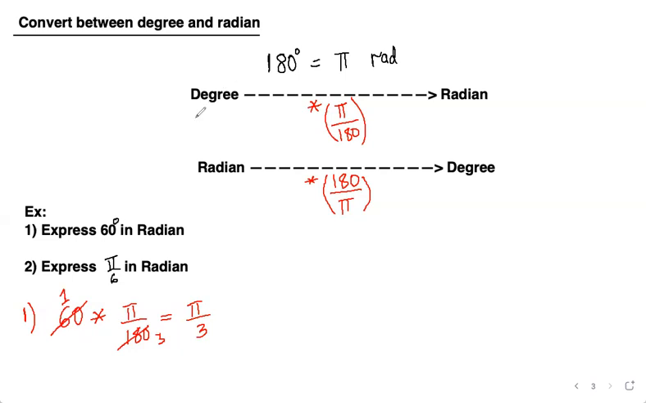So the 60 is in degree. We have to convert it to radian. This means we have to multiply by pi over 180. Yes, in degree, we have to multiply by pi over 180. So the 60, we can cancel the 60 with the 180. Here is 1, here is 3, so I will get pi over 3. Okay. For the second one,